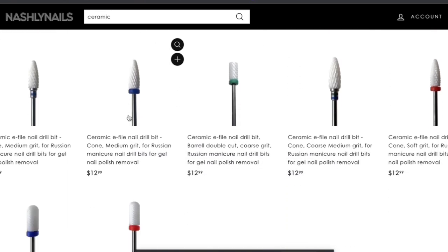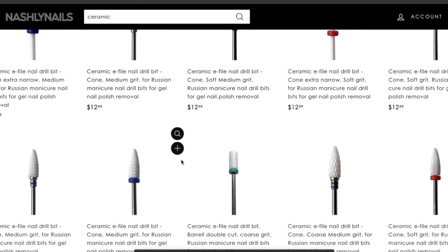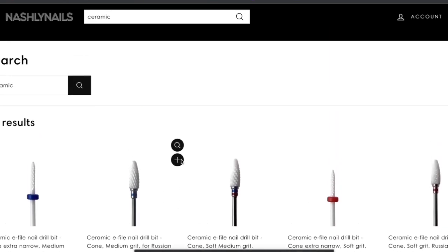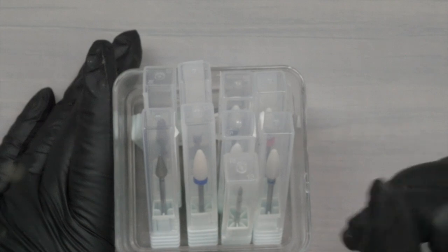Like, I've used carbide before, and for me it moves off the product too much too fast, and sometimes you don't need to do that. Oftentimes I would say with soft gel. So I really like to work with your ceramic bits. Nashlynails sends us an assortment of these basically for us to try out, but I'll be honest, I've